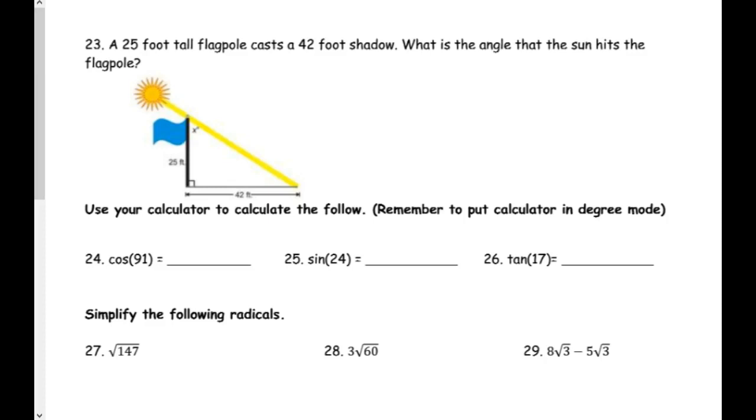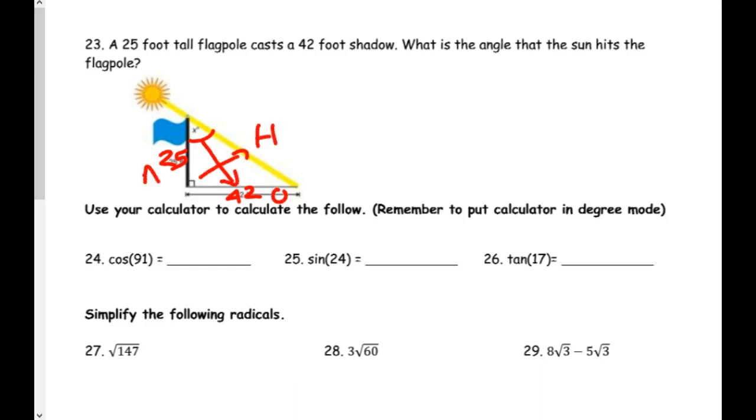So we got a word problem with trigonometry. 25-foot flagpole, okay? Hopefully you can see that. 25's right here, right? 42-foot shadow right there. And I got a missing angle. This is going to be some inverse trig, right? What is that angle? Let's label O,